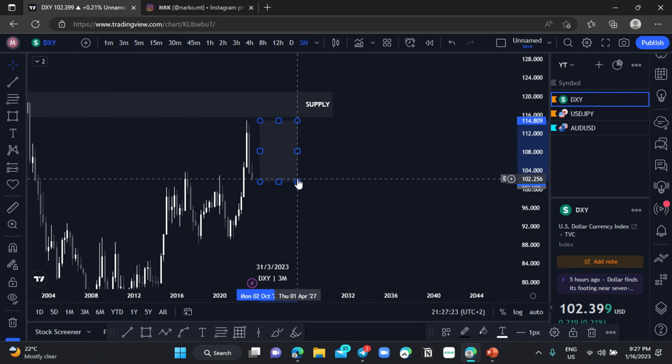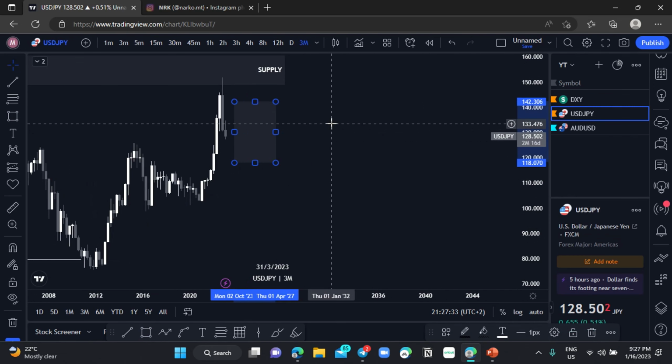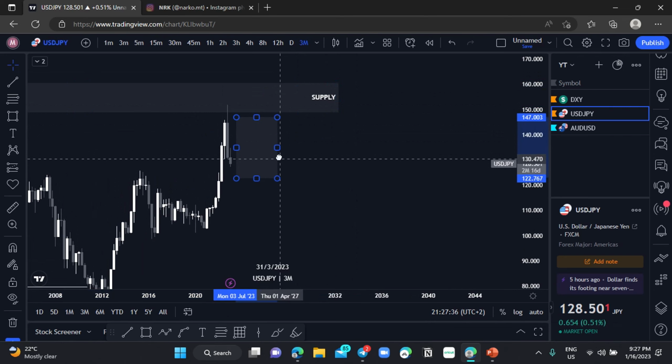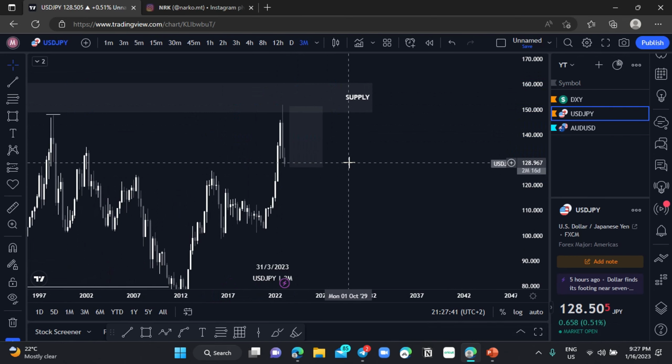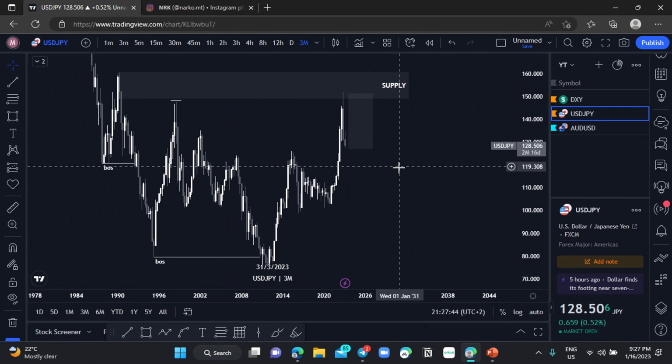So maybe we can copy this and paste it here on the USDJPY chart, and we are going to see that it's more or less the same. As you can see there, it's more or less the same length,